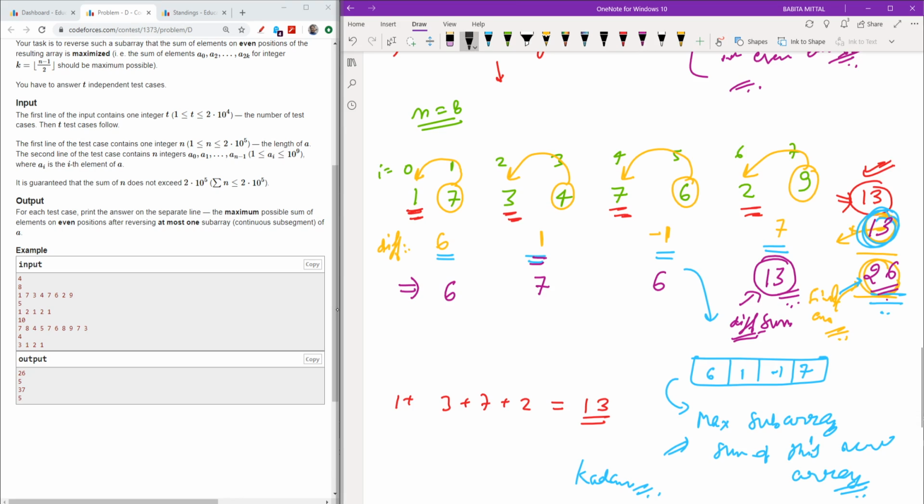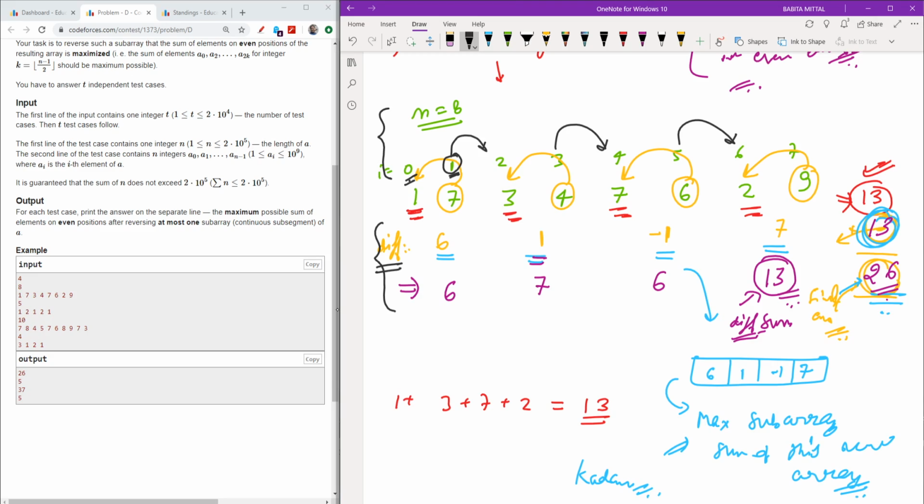But at this particular stage, one question might arise in your mind. You replaced 1 with this 0. But the only condition I had was to replace an odd indexed element with some even indexed one. So why not replace with 2? You might also replace with 2. I will say yes, you can do it. In one stage, I will find the step for this. In the next stage, I will find the step for this, which means I will replace 1 by 2, 3 by 4, 5 by 6, and so on and so forth.